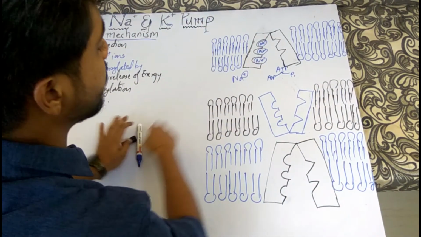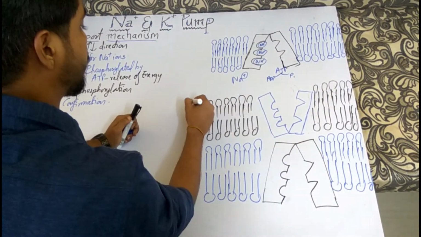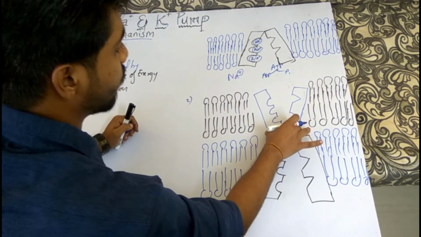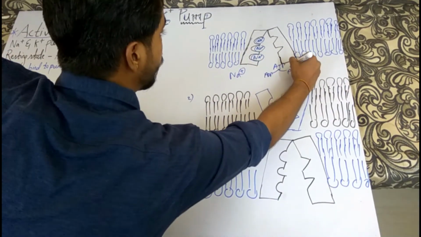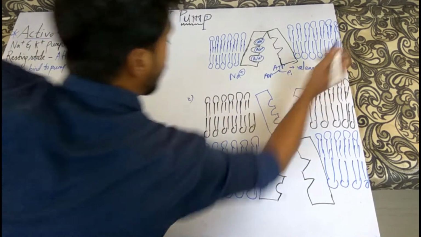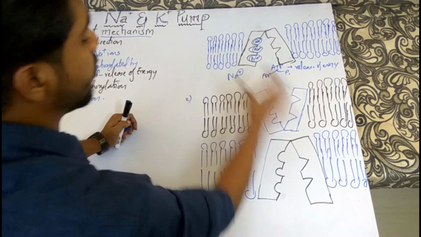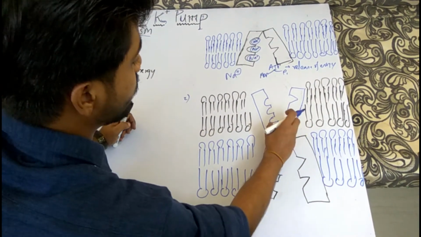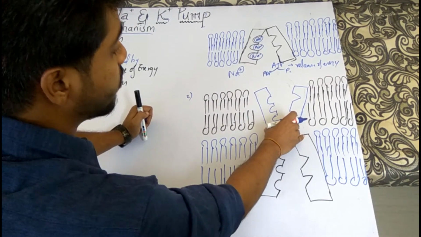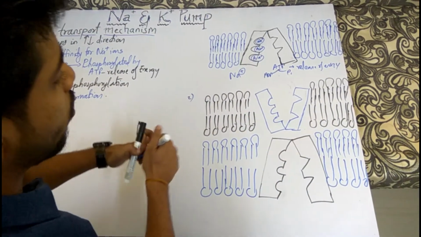This is the first step. Then in the second step, there is a change in the conformation of the protein, but this also leads to a release of energy, and this release of energy leads to the conformational change in the protein, and the protein opens towards the outside. And as soon as there is a change in conformation of the protein, it no longer has affinity towards